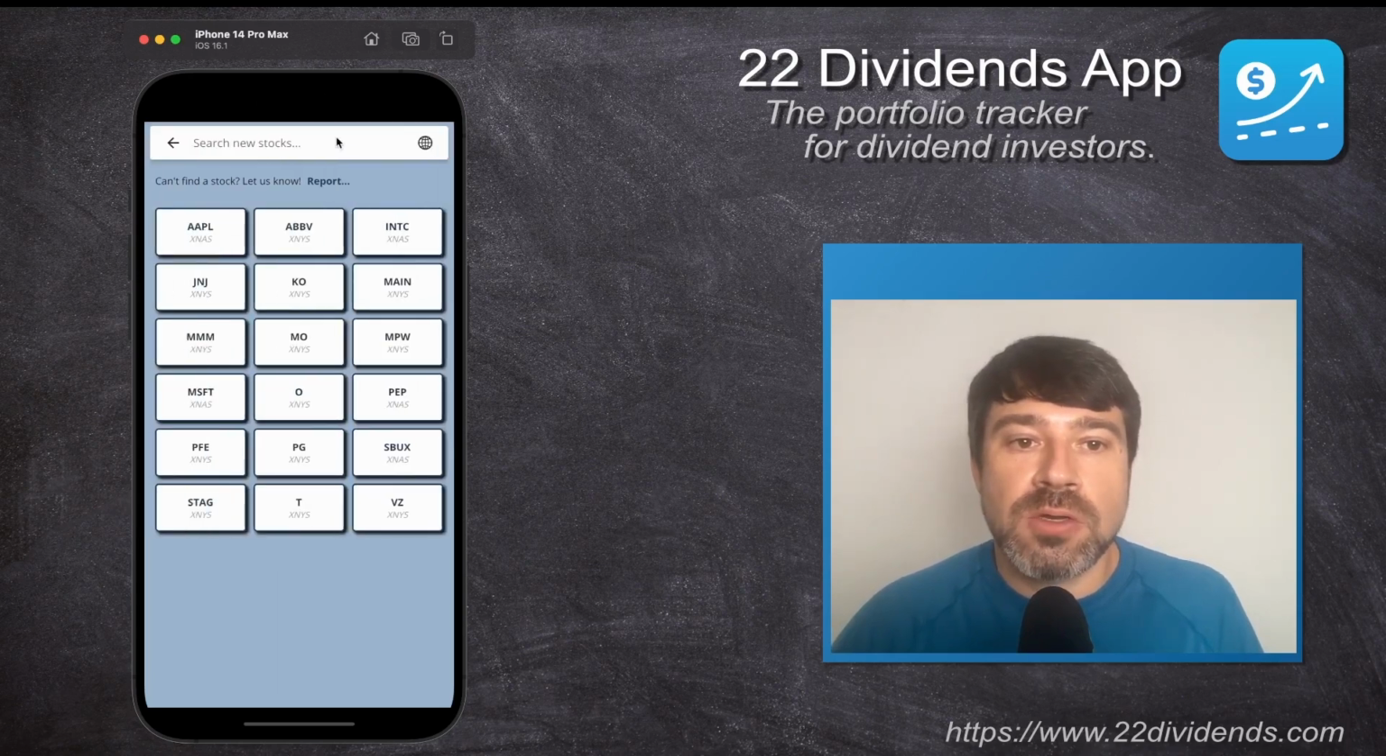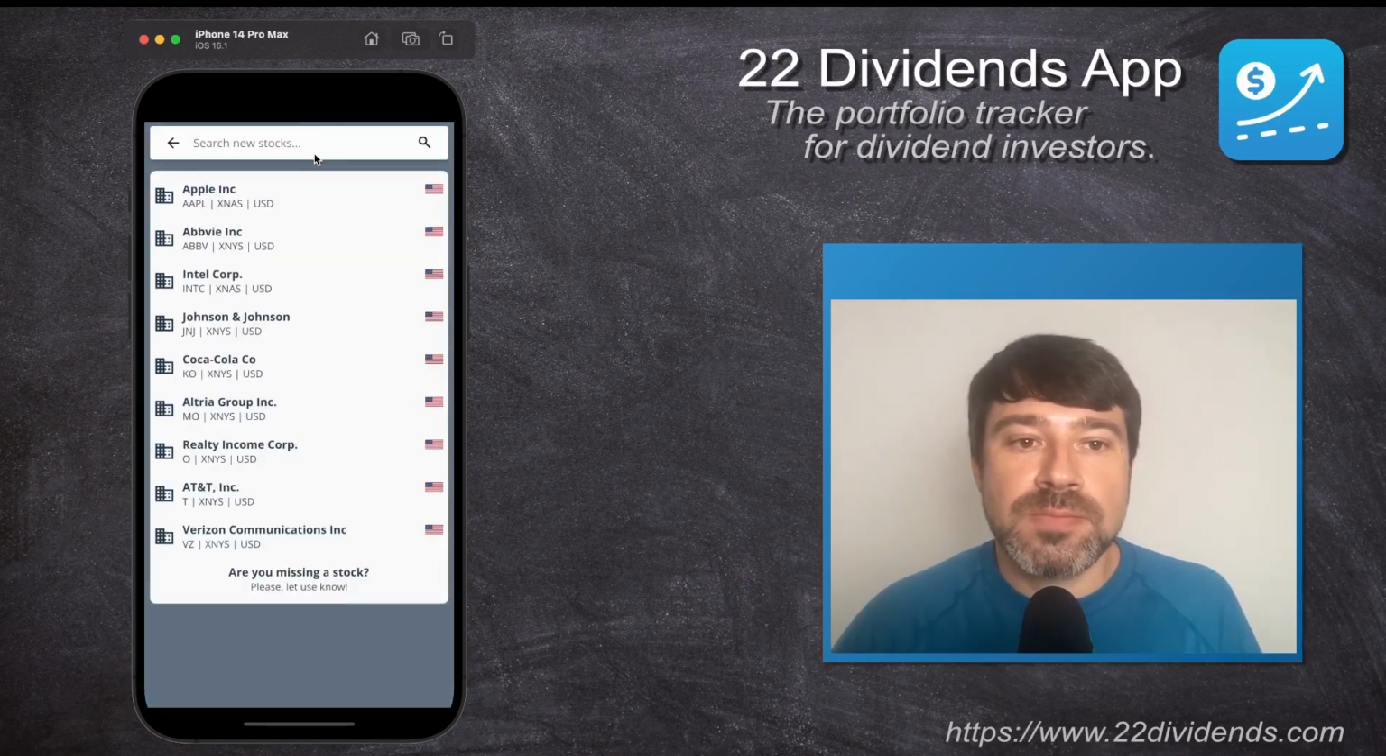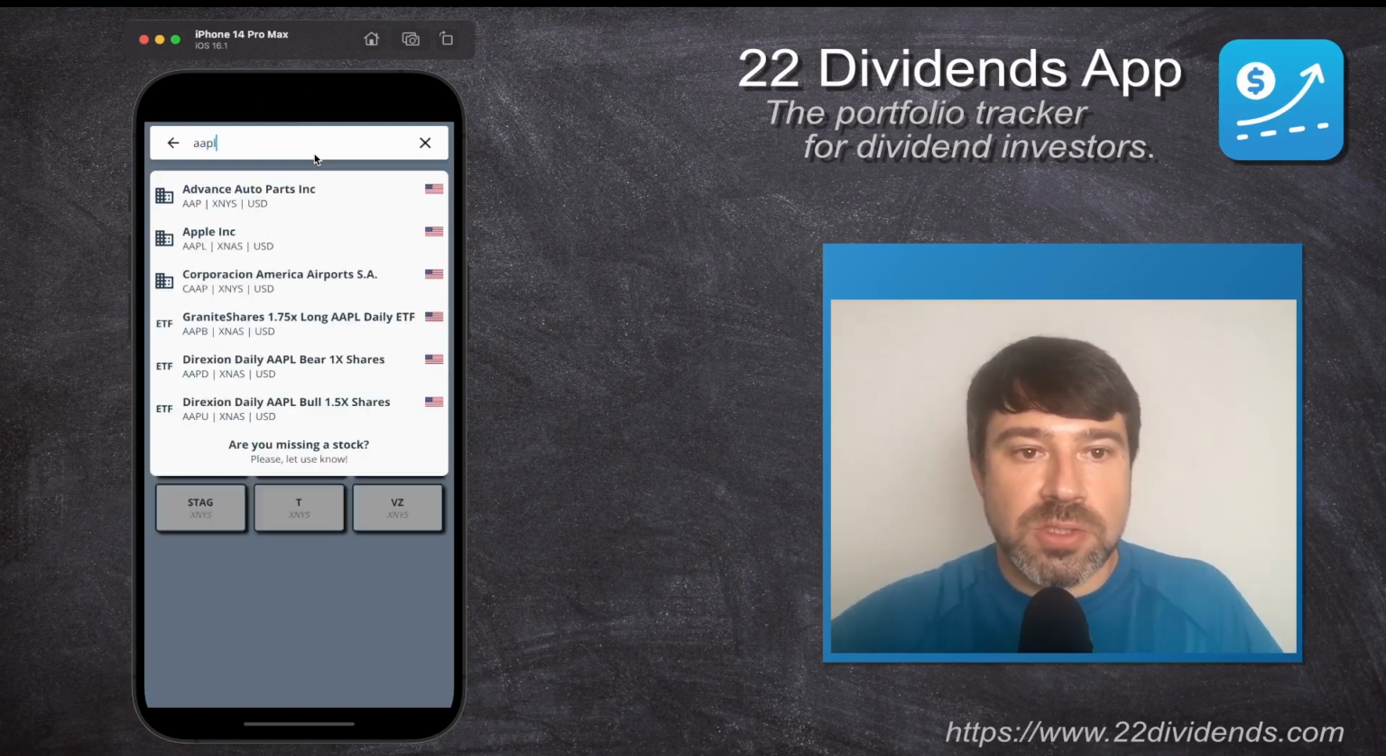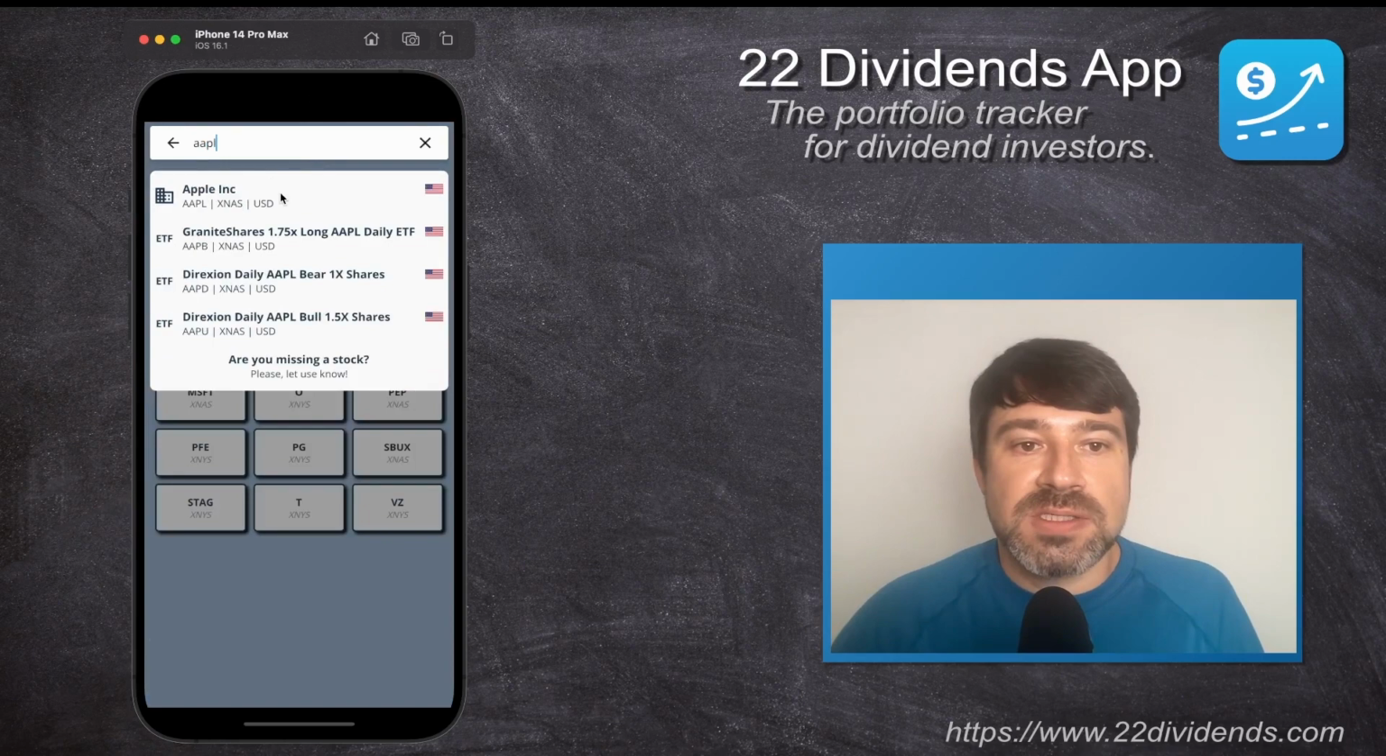Or you can also use the search bar, and let's search for Apple. There's Apple. You can see Apple. The Apple stock is traded on the NASDAQ, and the currency of the stock exchange is US dollars. So for example, if we want to add Apple shares,